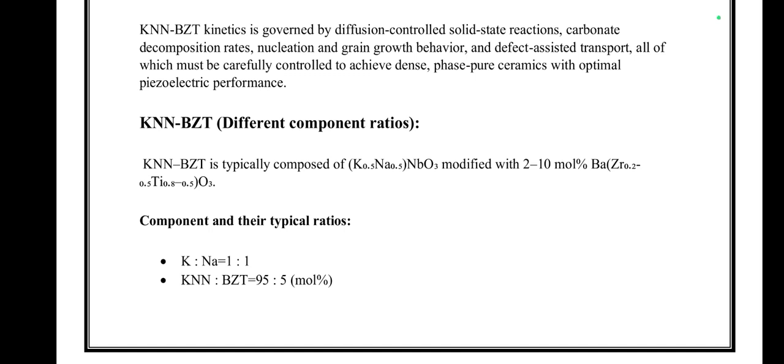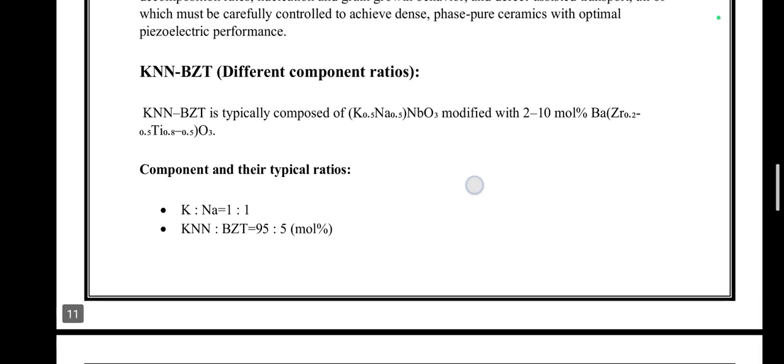If we talk about the different component ratios present in the material, KNN-BCT is typically composed of sodium potassium niobium oxide, modified with 2 to 10 mole percentage barium zirconate titanate oxide component, and their typical ratios are sodium and potassium in a 1:1 ratio, potassium sodium niobate and barium zirconate titanate 95 to 5 percentage,